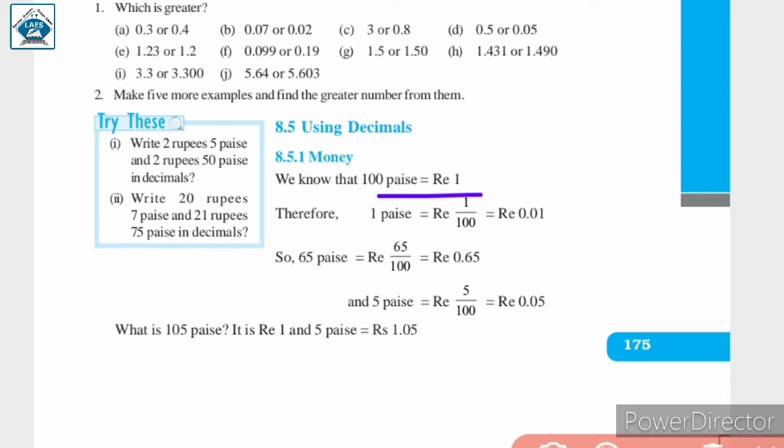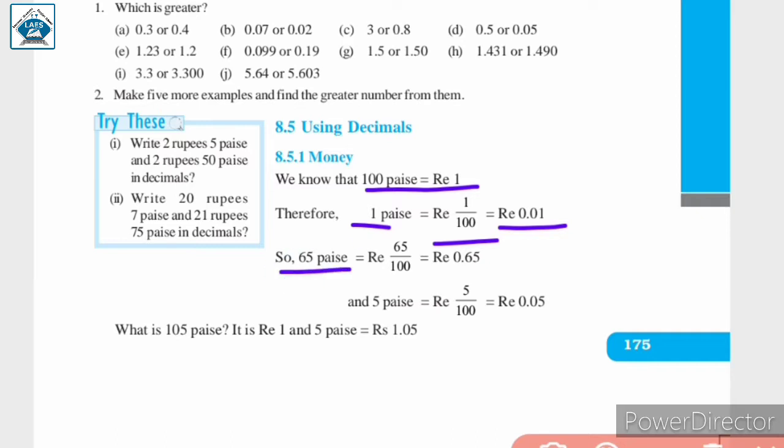यानी कि 1 rupee means 100 पैसे. We already know that. तो अगर हमें 1 पैसे फाइंड करना हो, then if we have to convert paise to rupees, then 1 paise will be equal to 1 upon 100 rupees, यानी कि 0.01 rupees. ठीक है. अगेन 100 पैसे जो है वो 1 रुपी है, तो 1 पैसे क्या हो जाएगा, it will be 1 divided by 100, 1 upon 100 which is equal to 0.01 rupees. ठीक है. तो ये 1 पैसे के लिए था.